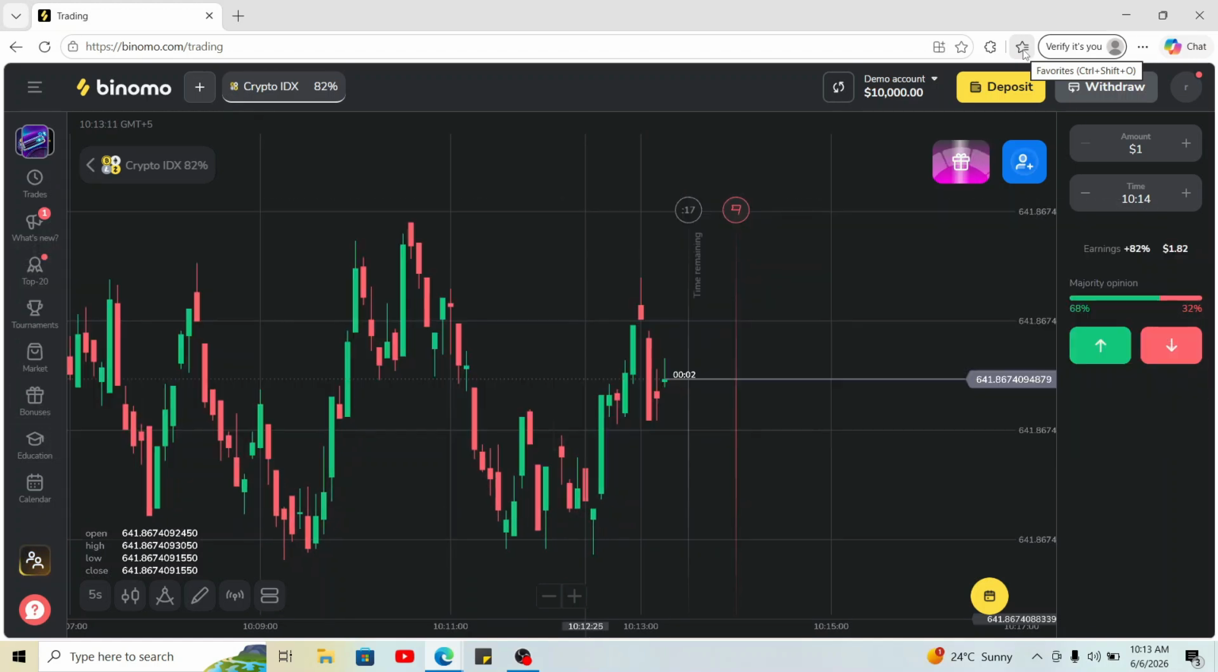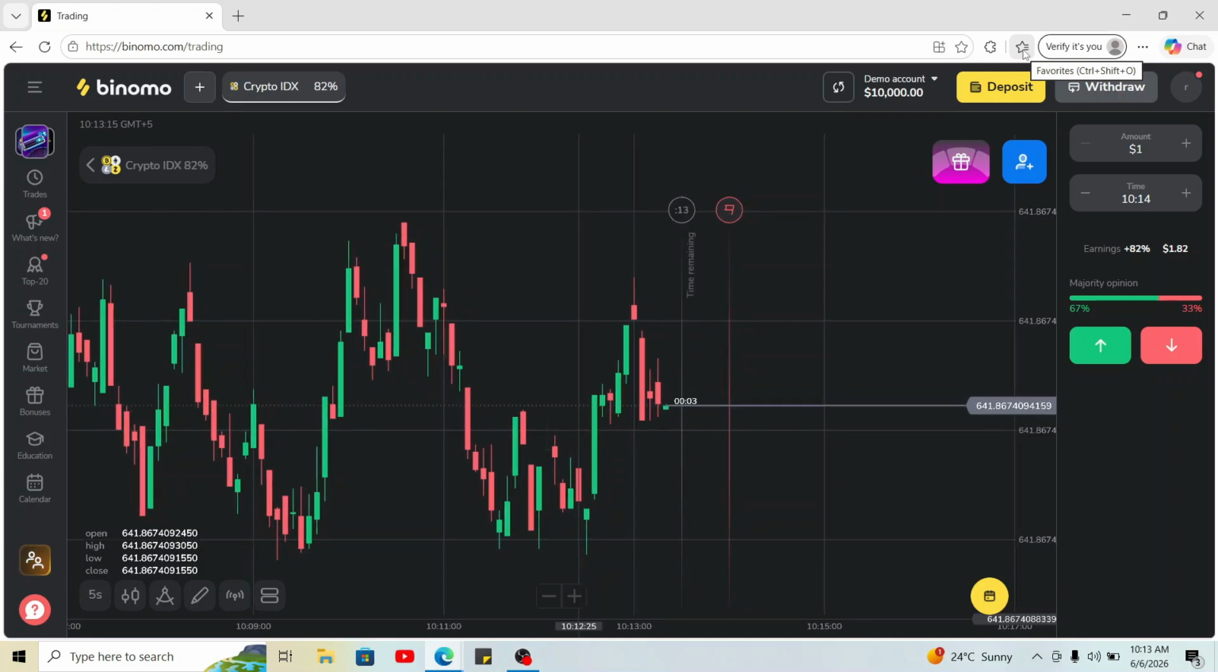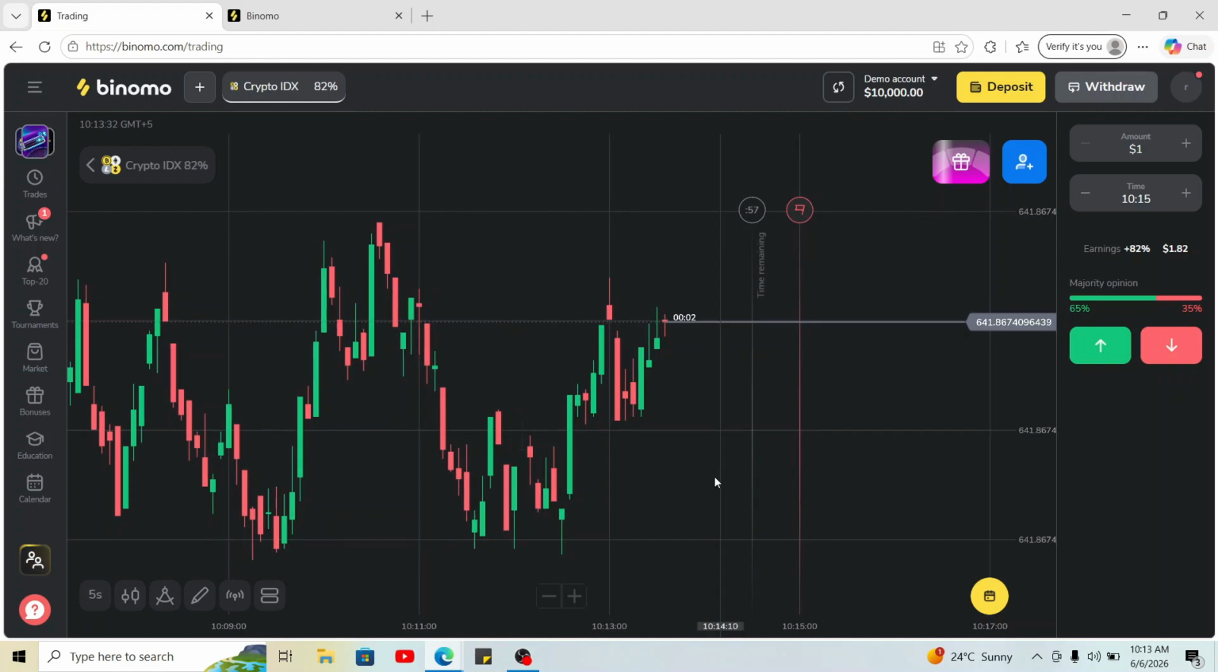If you are looking for a way to change your chart type on Binomo.com, here's how you do it. First of all, open a web browser and then type in Binomo.com in the URL box. Make sure that you're logged into your Binomo.com account, and once you're logged in, from the home page, go ahead